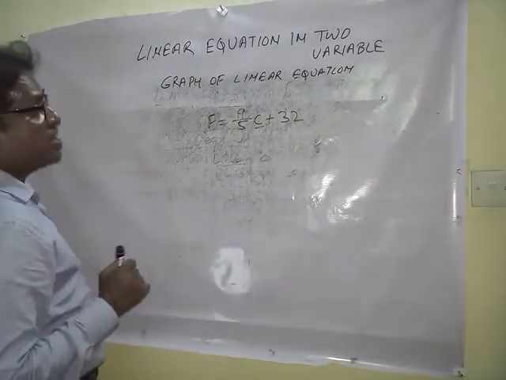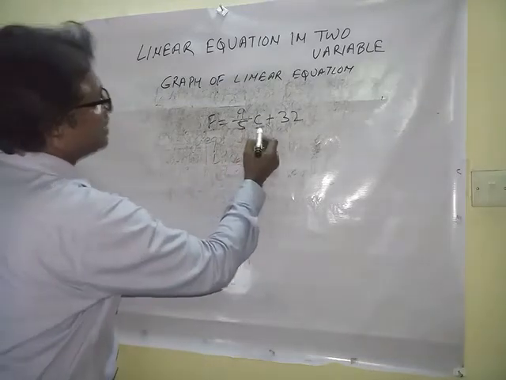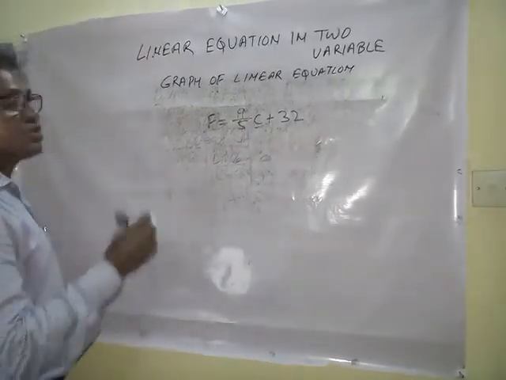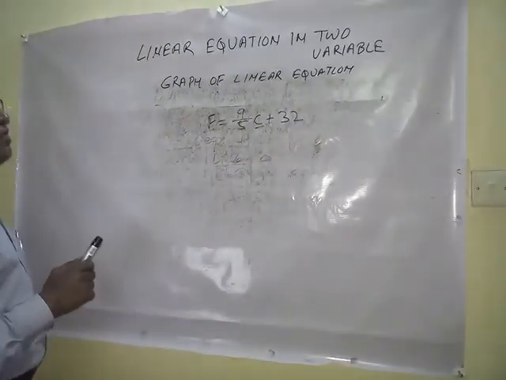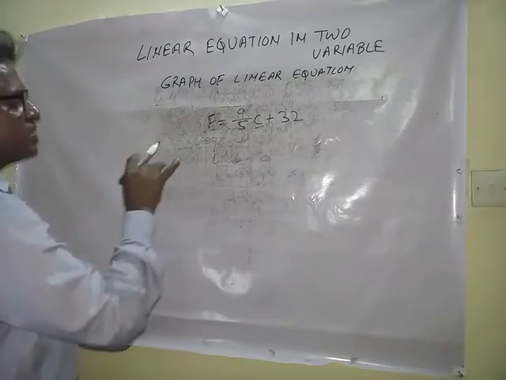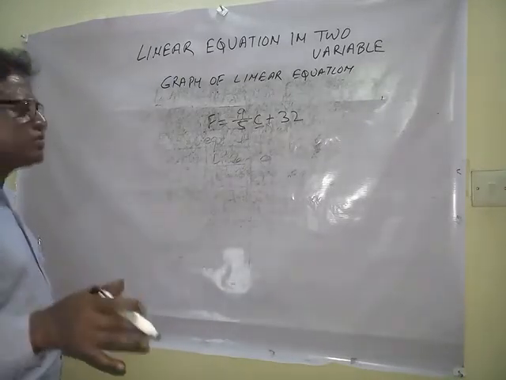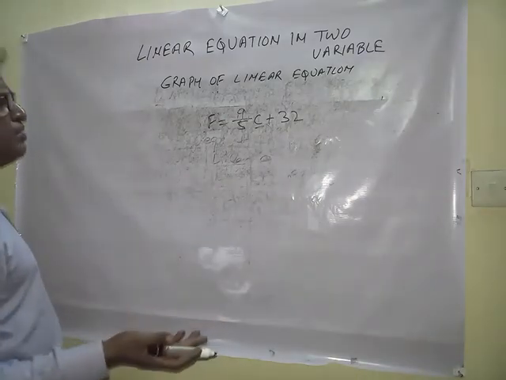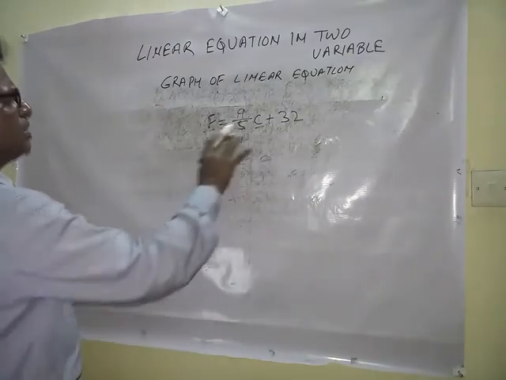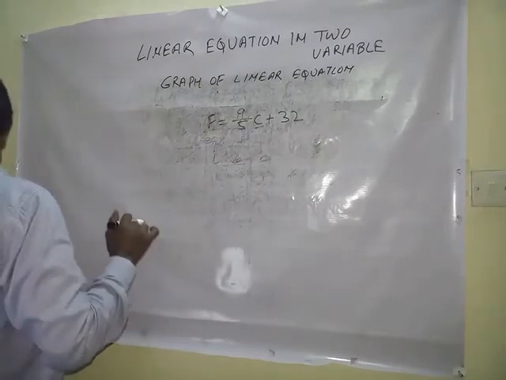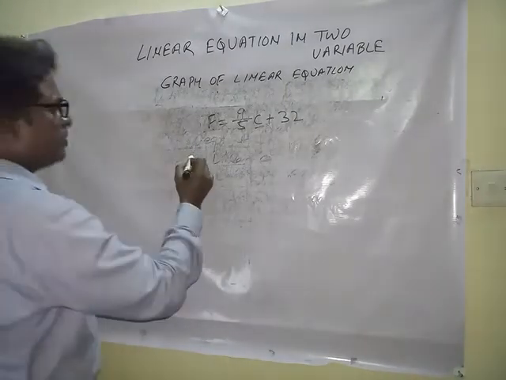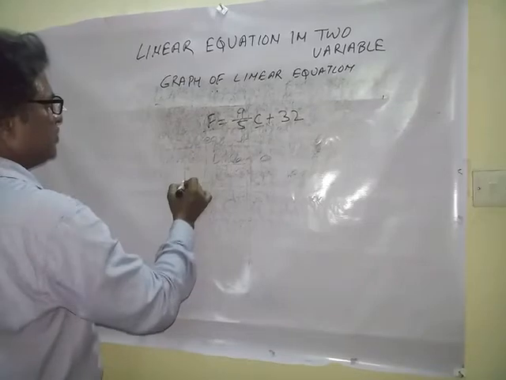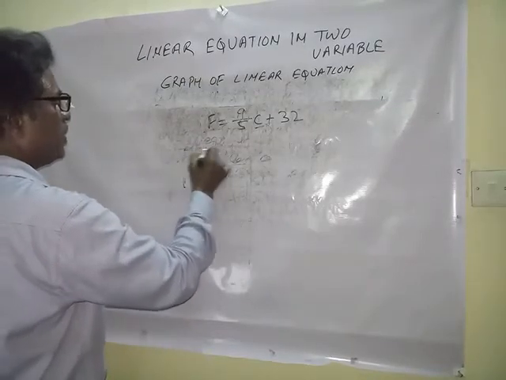Here you have to be very careful about selecting the value of the centigrade, because I told you when you draw the graph, you should always try to have coordinates which are integers. You can draw the graph with decimal values also, but having integers makes drawing the graph easy. Like, say if you have to put a value like here,